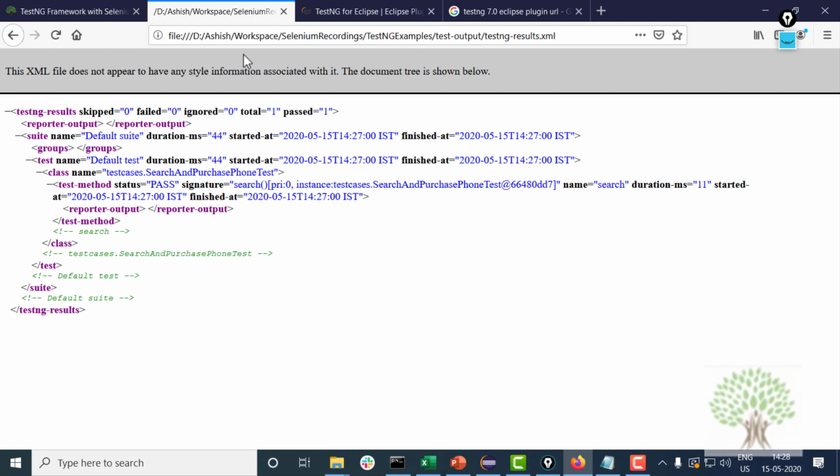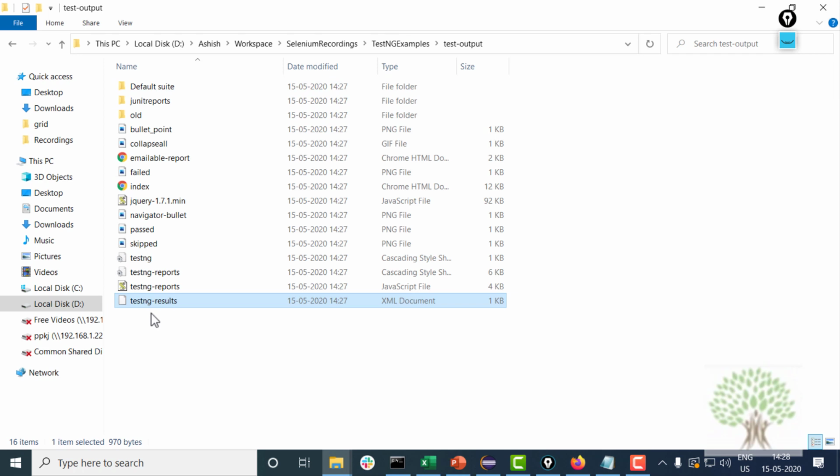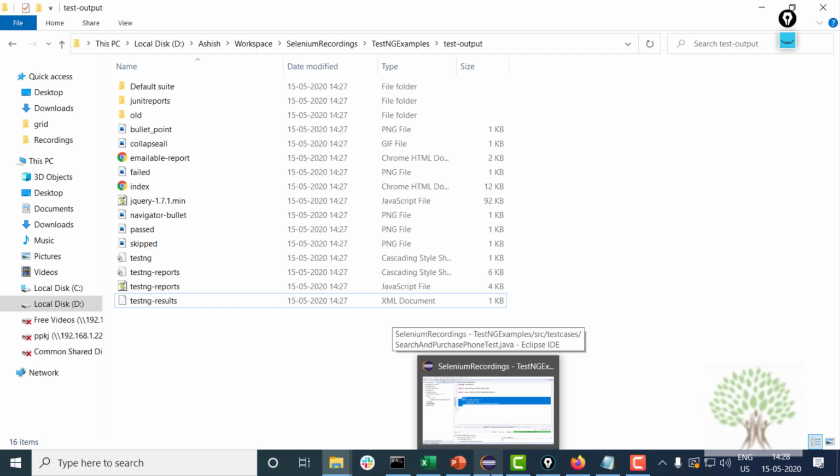Right now I am not going into it. Okay, but I am just telling you that this is present over here. You should be knowing about it. This is XML format of the report. And if you have some test cases which have failed, then the details of those test cases also come up over here, which we'll look at later on.